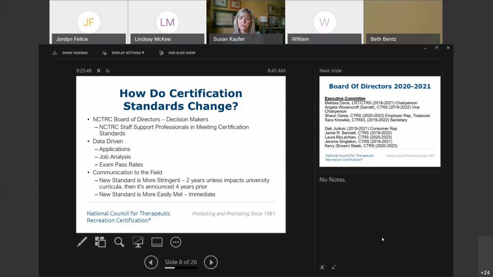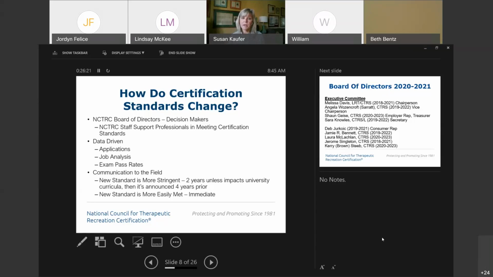What is the knowledge that you need to have and hold in order to have competent practice and be able to go ahead and perform those certain job tasks. So job analysis has two different sides. Again, we're going to talk about this a little further, our job tasks and our knowledge areas. So this also has cause and effect on our certification standards and whether they may change from time to time.